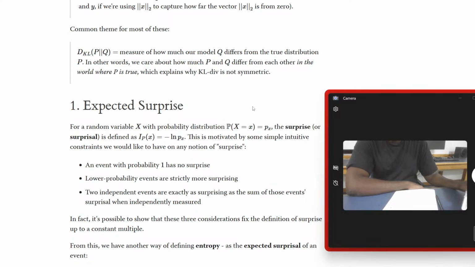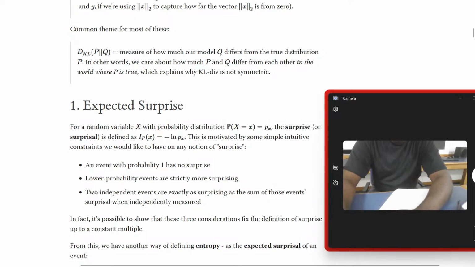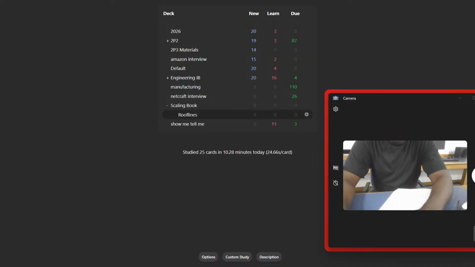immediately. And maybe this is cope, but I don't think it's that important to know the exact derivation. So that might be something that I'll write down for later. Actually, there's something I should do. I'll put in the Anki,